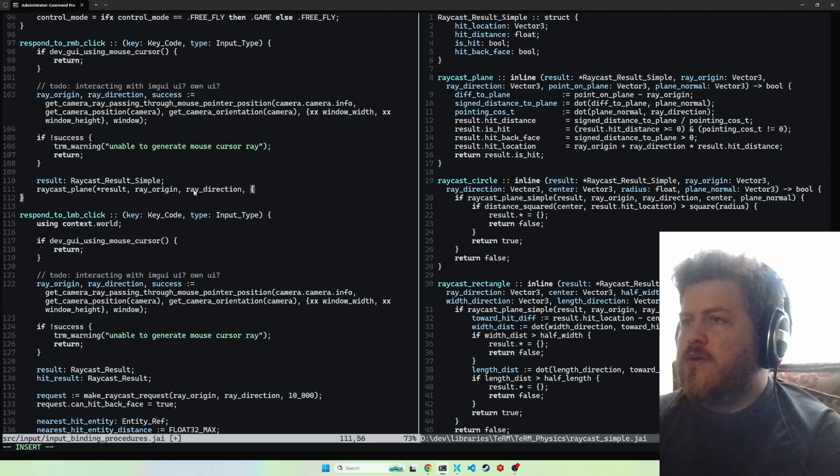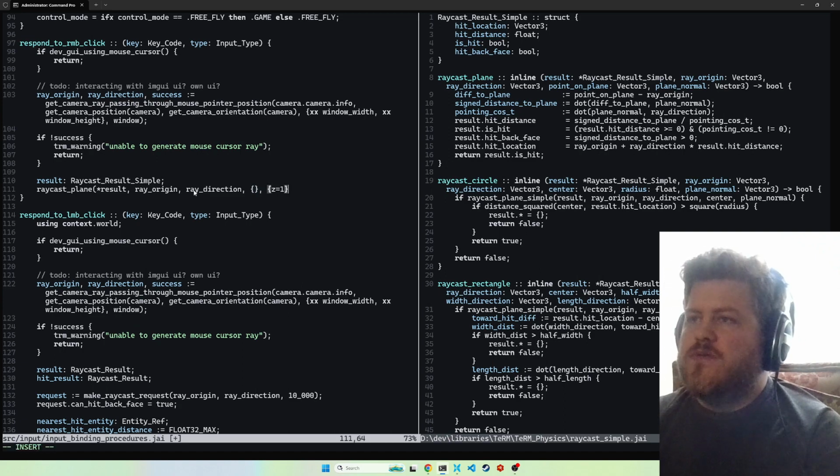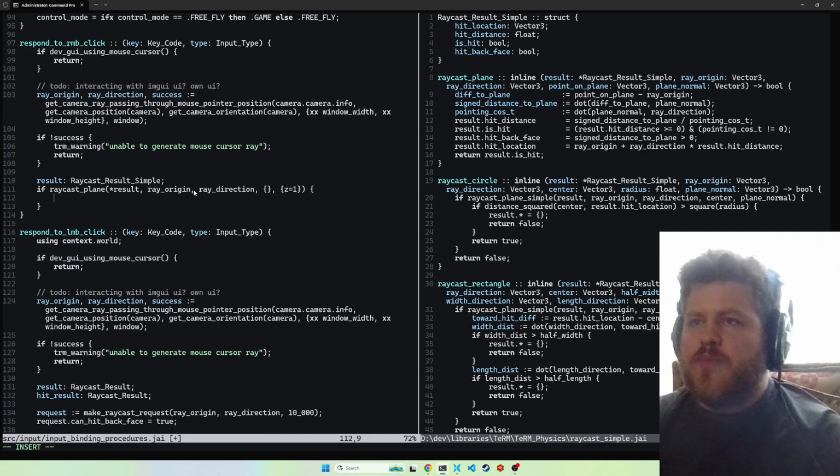When on plane, that's going to be the origin there. This just defaults to 0, 0, 0. That's all that does there. And then the plane normal is z equals 1, right? And z up. And so if that's a hit, then I want to draw a sphere there to denote that we've hit the plane. So draw a sphere with the, let's use,